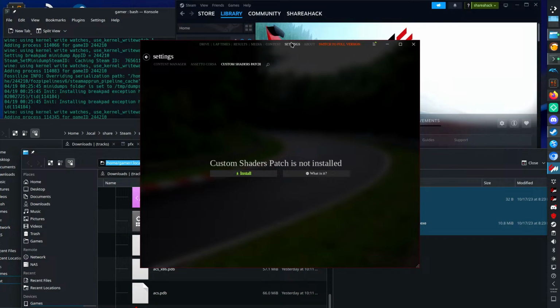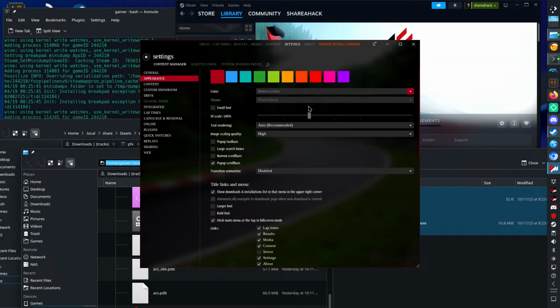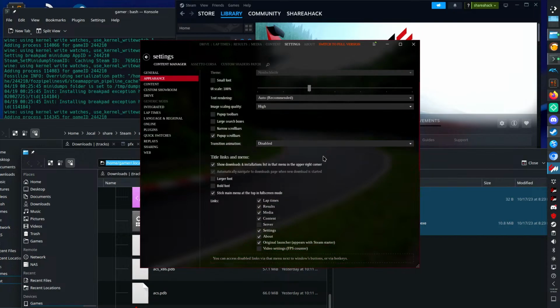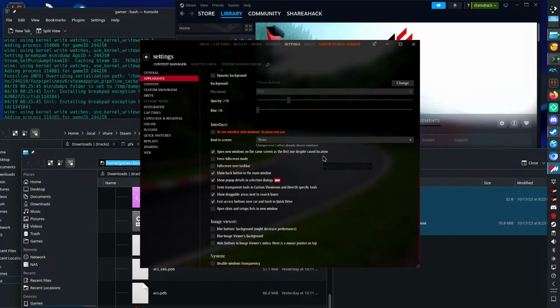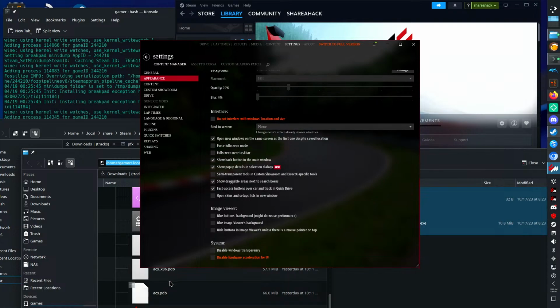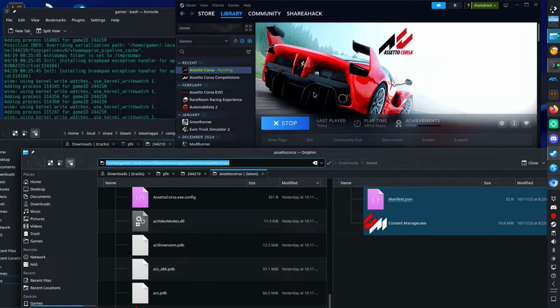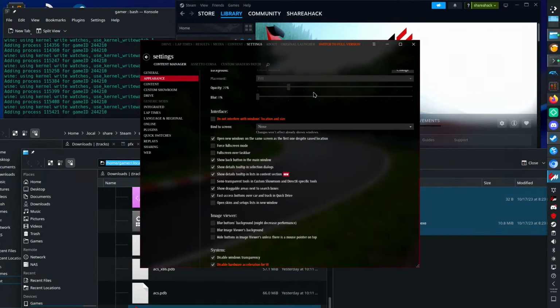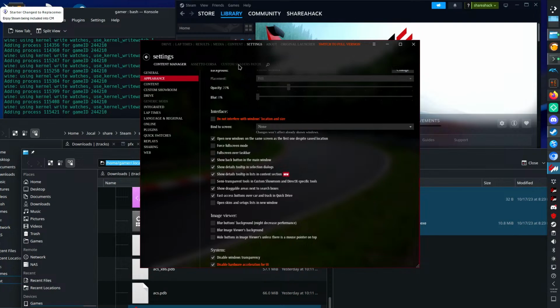in settings, appearance, go down, disable Windows transparency, hardware accelerator for UI, and restart. So now we have that fixed. Now we have this fixed. Let's go and check